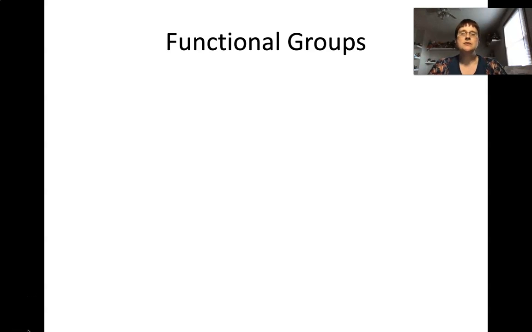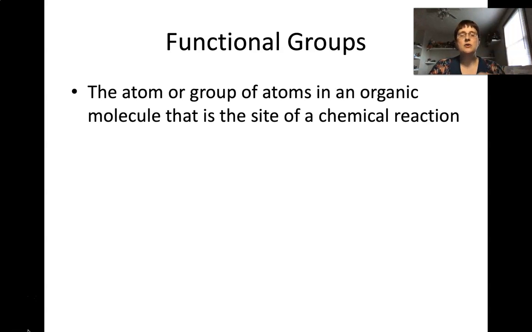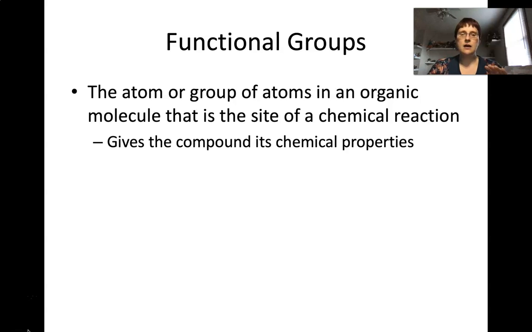So organic molecules that we've talked about so far, we've been talking about hydrocarbons. So they're made out of just those hydrogen and carbon atoms. But not all of the organic molecules are just hydrogen and carbon. So a lot of them have added what we call functional groups. And a functional group is an atom or a group of atoms in an organic molecule that's the site of chemical reactions. So these functional groups allow these hydrocarbons to interact with other molecules and can give a compound its